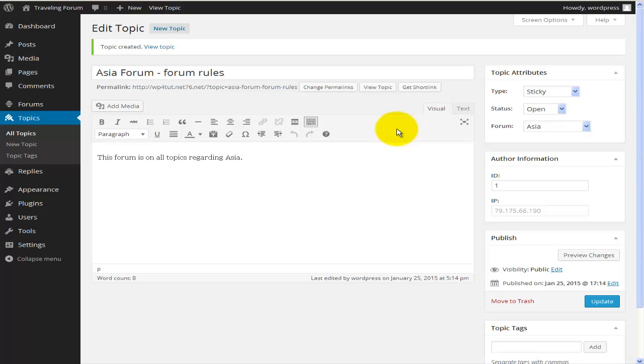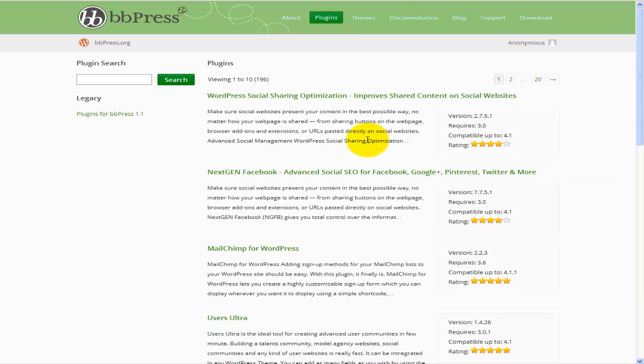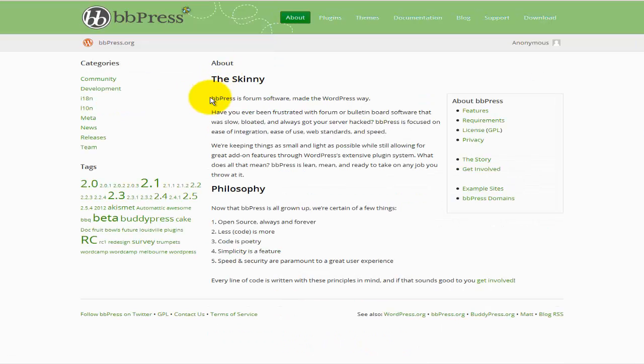Now this is actually called bbpress.org. If you type bbpress.org into your web browser, you'll be brought to this page. This is the page that displays this particular plugin a little bit more. You'll find the About button right at the top. Here you'll find some information about this particular plugin, but one of the more important things is definitely